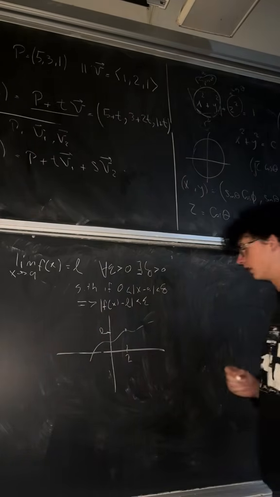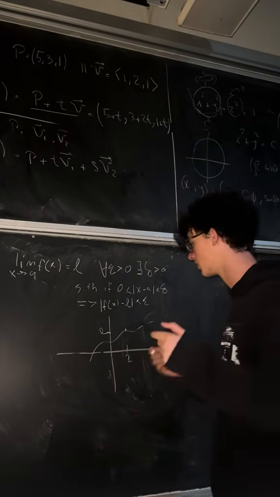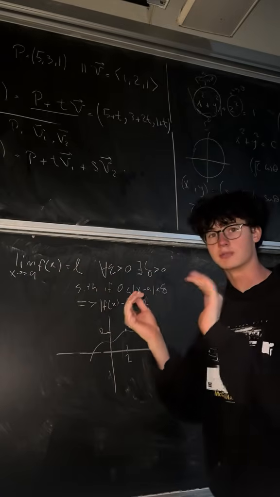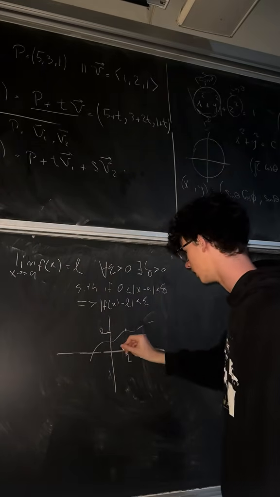And so epsilon is, or first we'll go with delta. Delta is like a delta neighborhood. You can think of it as a super small neighborhood around this x value. So you see this 2? Delta is a very